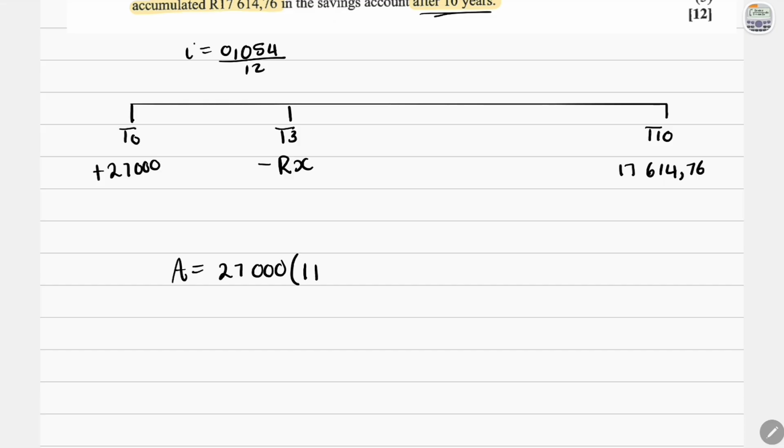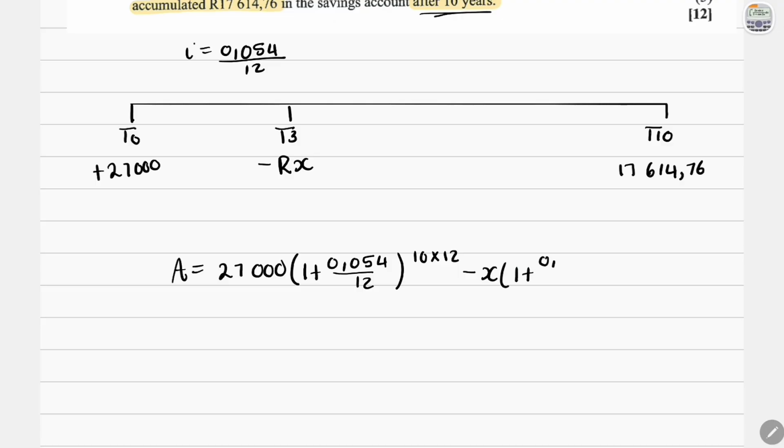So we're going to say 1 plus the interest, 0.054 over 12, raised to the power of, it stays for 10 years. But of course, this is compounded monthly. So we say times 12, okay? So it gains interest every month. Then the next thing that happens is he takes out money. So we'll say minus the amount he takes out, which is X. The interest he takes out also leaves. So we'll say